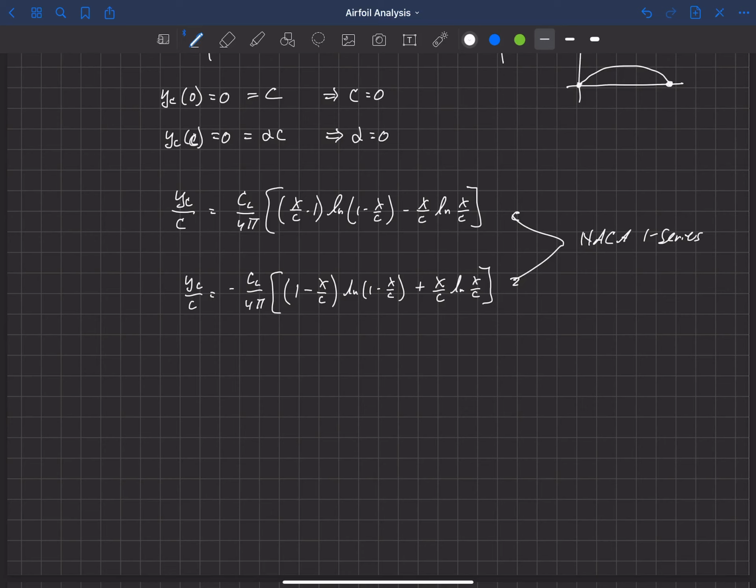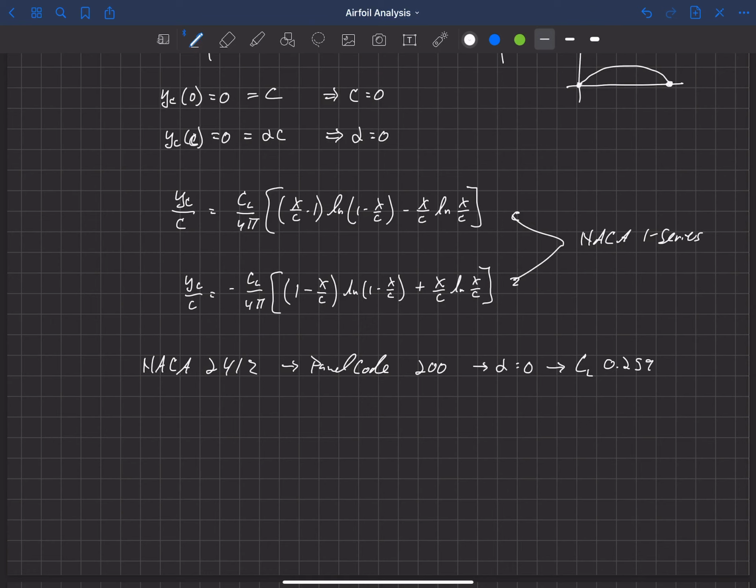Okay, so let's look at some results for this uniform load camber line. What I did is I took a NACA 2412 and I put it into a panel code with 200 nodes, so 199 control points. And I put that at 0 degrees angle of attack. And that gave me a lift coefficient of about